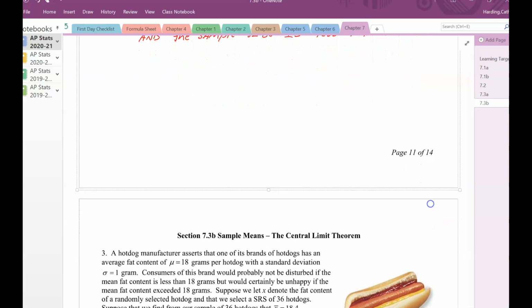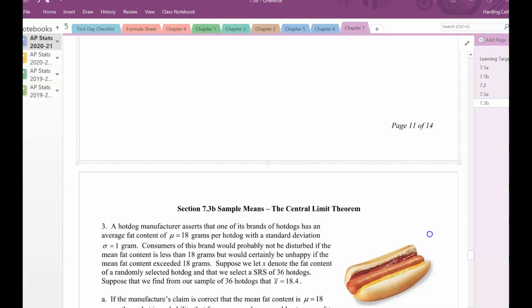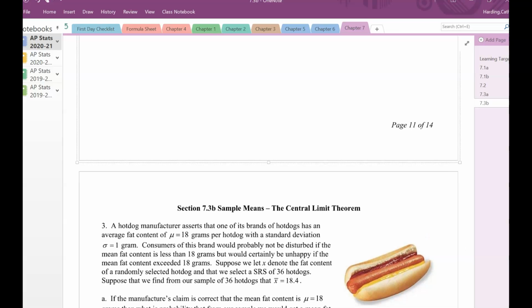All right, let's take a look at this. Question number 3. A hot dog manufacturer asserts that one of its brands of hot dogs has an average fat content of 18 grams per hot dog with a standard deviation of 1 gram. Consumers of this brand would probably not be disturbed if the mean fat content is less than 18 grams, but would certainly be unhappy if the mean fat content